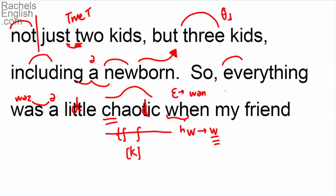When my friend Laura. So I then say her name. I put a tiny lift between the words friend and Laura. And if I hadn't, I probably would have dropped the D. My friend Laura. Because it's very common to drop the D between two consonants, just like we did with the T in the words just one. Friend Laura would very often be pronounced friend Laura with no D. But I put a little tiny break before her name to emphasize it, and so I do give a light D at the end of the word friend. When my friend Laura